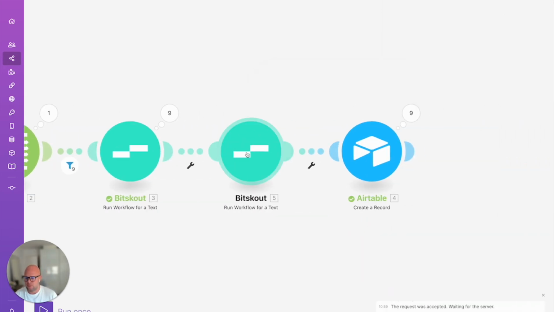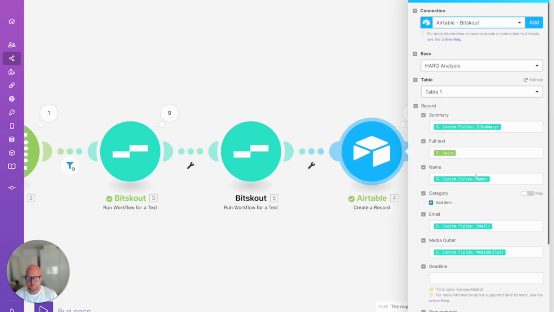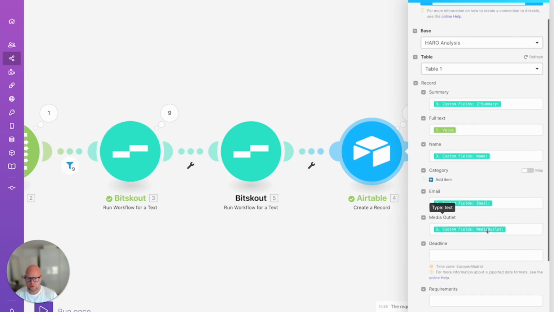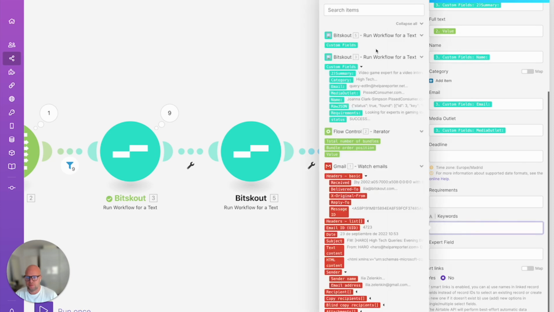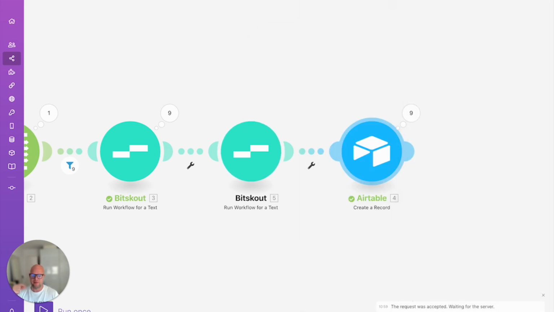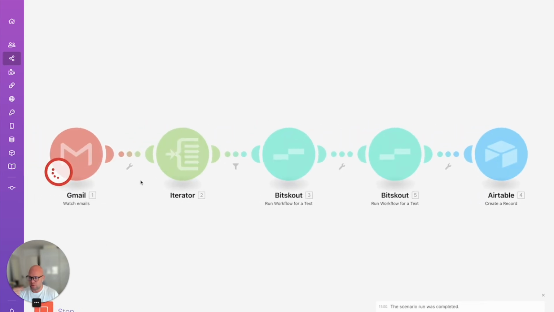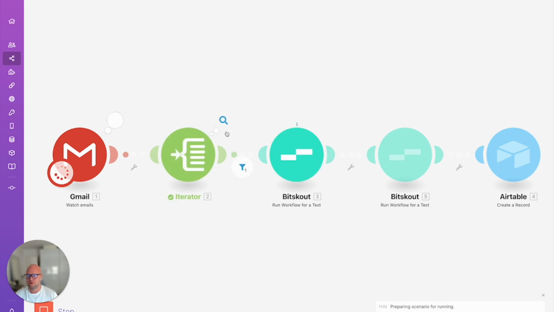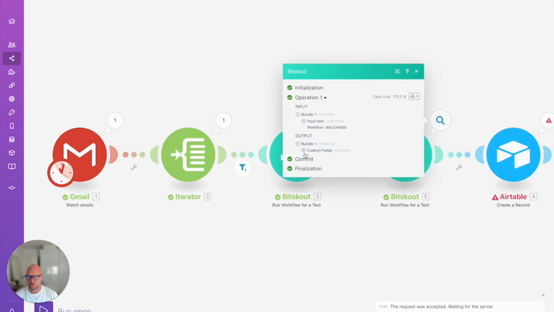Okay, and once the keywords are extracted, you can map them into here. Again, you need one run just to refresh the Bitskout module and what it has. So we're going to make a mistake and then we're going to run it once. Okay, so let's run it and we will see our keywords, and the record will not be created in the Airtable because we made an error, so it stops. So we can then, okay, so here are our